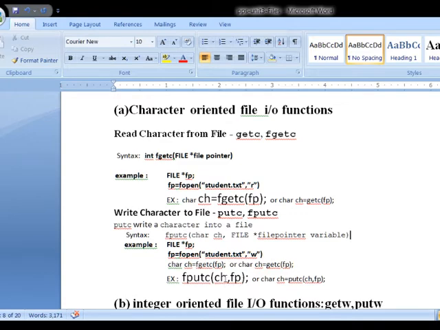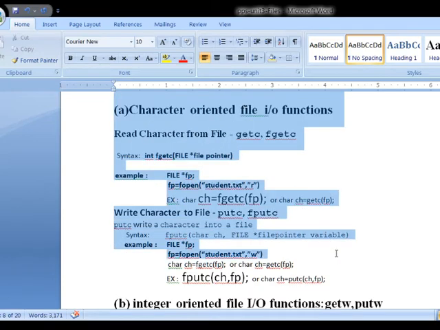fputc(character ch, file pointer): ఏ క్యారెక్టర్ని మీరు రైట్ చేయాలనుకుంటున్నారో ఆ వేరియబుల్ నేమ్, నెక్స్ట్ ఫైల్ పాయింటర్. సో ఈ ఫైల్ పాయింటరు student.txt లో ఒక లొకేషన్ పాయింట్ చేస్తుంది. ఈ ఫైల్ పాయింటరు పాయింట్ చేసిన లొకేషన్లో ఈ ch అనే క్యారెక్టర్ రైట్ అవుతుంది. సో దిస్ ఈజ్ ద ఇన్ఫర్మేషన్ రిగార్డింగ్ character oriented IO operations. Similarly, we have gets and puts also.